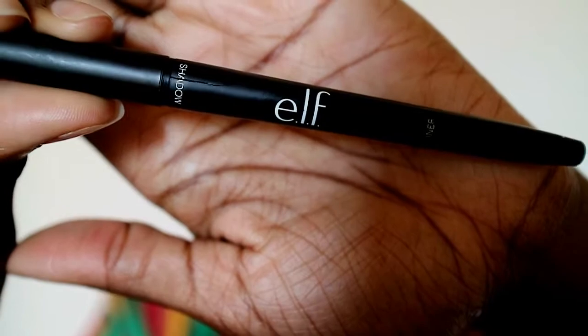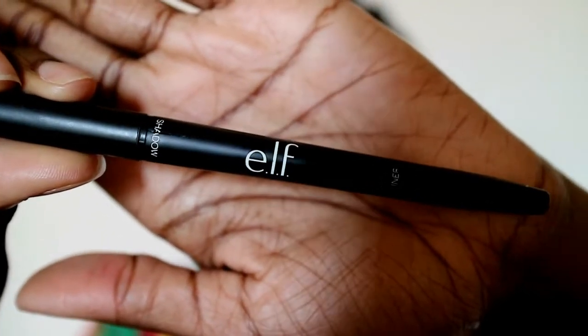It's just preference. So the next thing I do is go in with the e.l.f. little pencil. Hopefully it'll focus in. That YouTube hand really does help. I've seen this hand in a lot of videos, but it really does help. It's a duo pencil. It has eyeliner on one end and then shadow on the other end. So of course we're using the black eyeliner end, and what I do is just draw some on my hand. Just like that, so I won't have too much on the brush when I get ready to put it on my brow. The little brush that I'm using is also an e.l.f. brush,